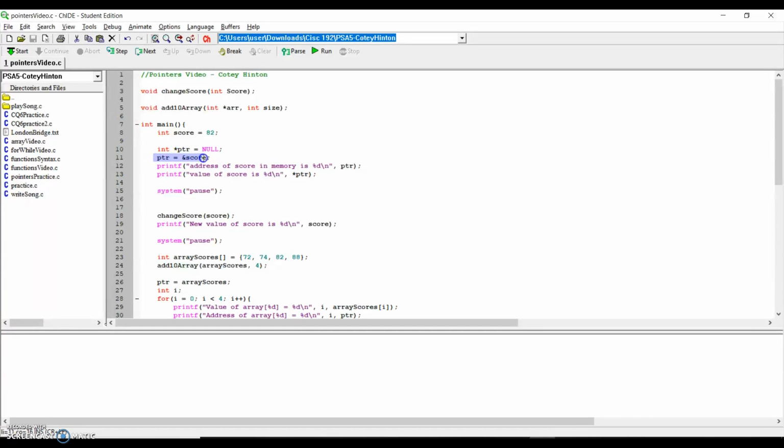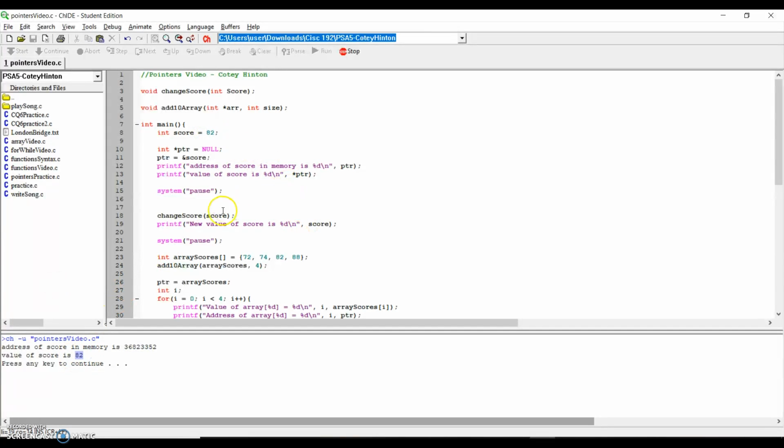Okay, so the next line I set it equal to this variable that I just created up here, score. Now I'm going to run this program and show you that first we're going to print out the address. Notice when you're printing using a pointer, if you want to print the address, you don't need to use the ampersand sign. It already has the value of an address. And if you want to print the value that's at the address, you use the asterisk, or the dereference operator. Okay, so here we go. I'll just run this really quick. As you can see, the pointer is pointing to this address, and the value is